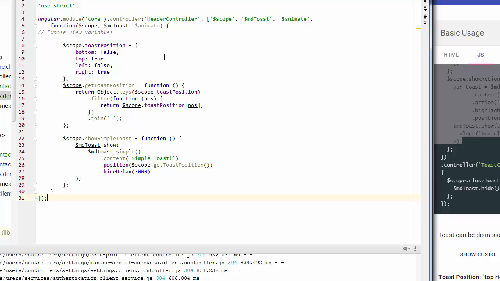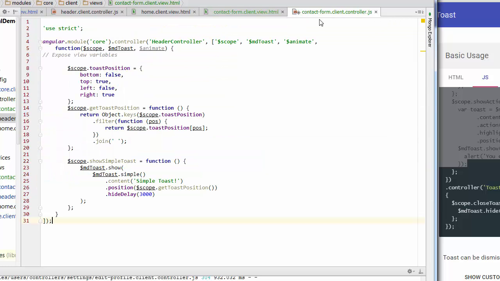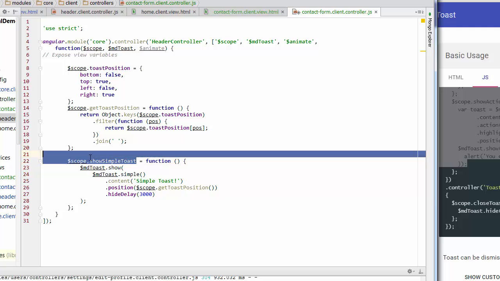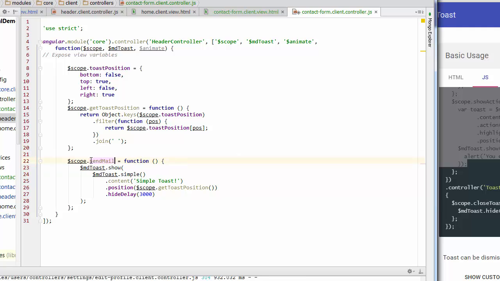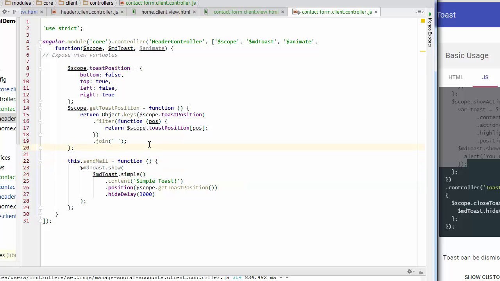But what we want to do is map these two things together, the contact form and the controller. So I'm just going to grab this one here, send mail, and change that to that there. Instead of scope, I'm going to use this, so this dot send mail. And I'm going to change up the message a little bit too. I'm going to say thanks for your message.